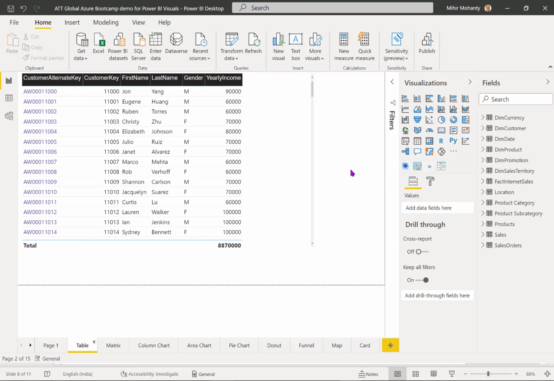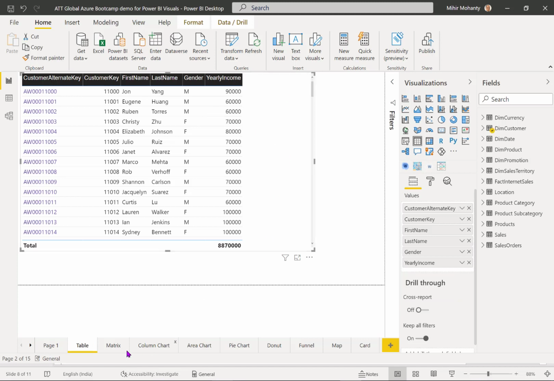So the first visual is, if I come over here, something that is called table, because looking at data in a tabular format is very easy to understand, and that's where we can do all our data transformation related activities as the first level. Then we can start looking into it. So if I select this visual, you can see the tab is called table visual, and if I come to visuals, you can see by default this visual is being selected over here, and I have created a tabular format visual as a first step.